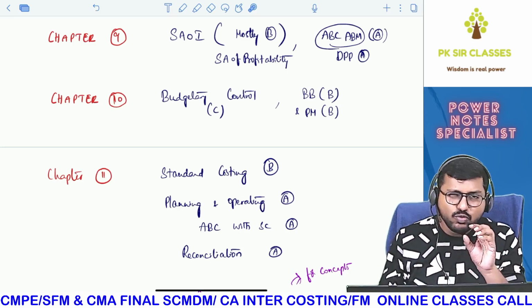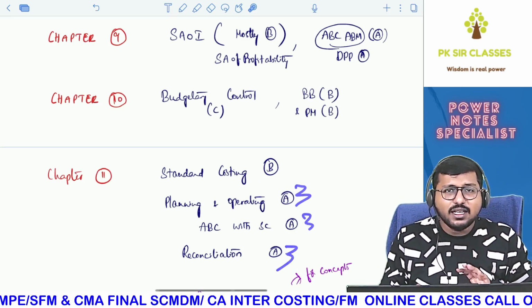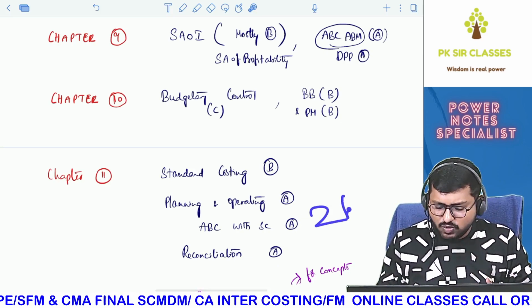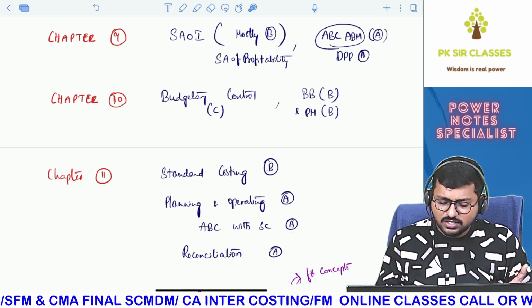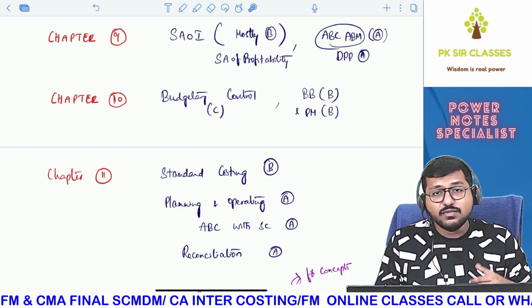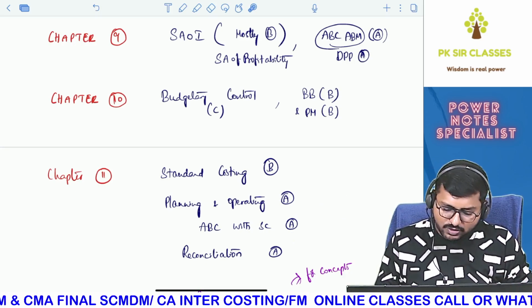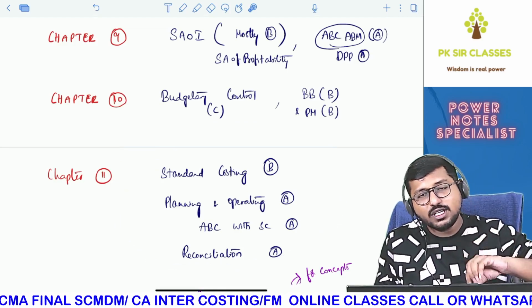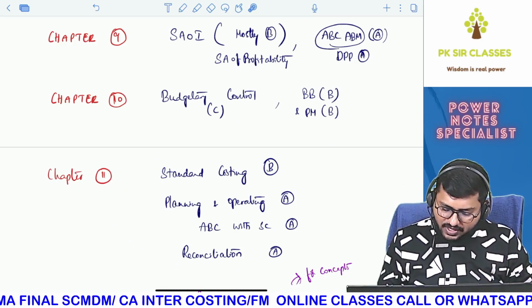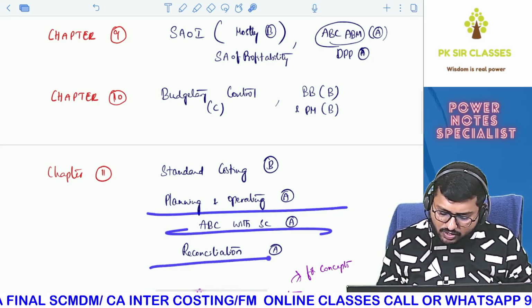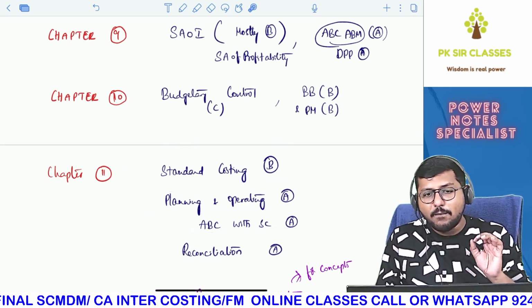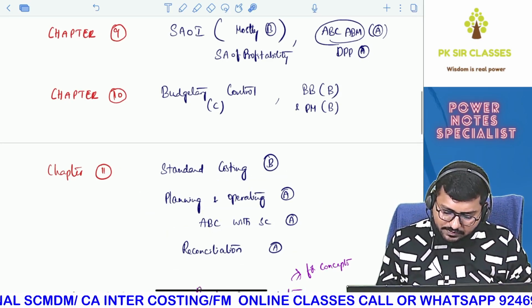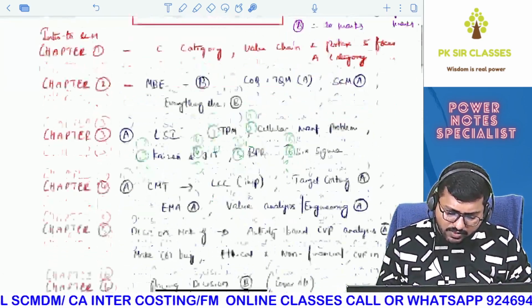At least do some 2 sums, 3 sums from this area. That should be it. Hardly it will take 2 hours if you've already done it. So 2 hours is a time worth spending in case we are getting a question from this particular chapter. So therefore, don't skip it altogether. Is that clear? Right? So these 3 belong to A category. Rest of the chapter belongs to B category. All right. I hope we have covered everything.